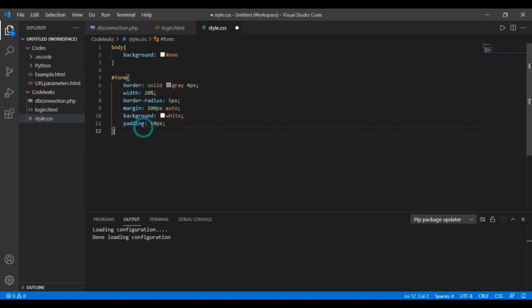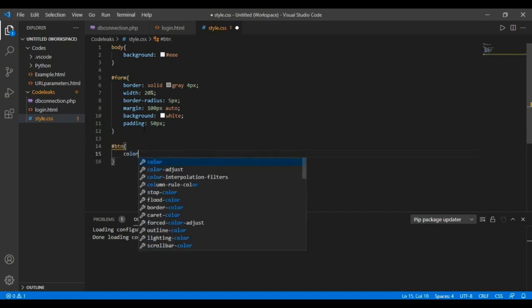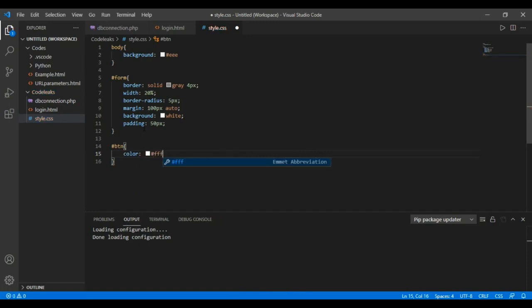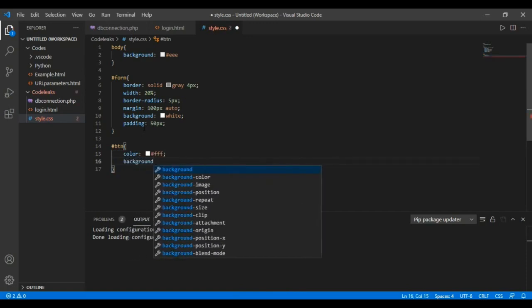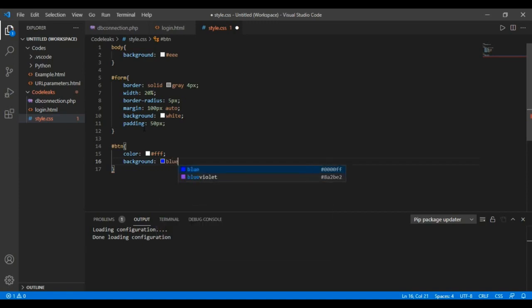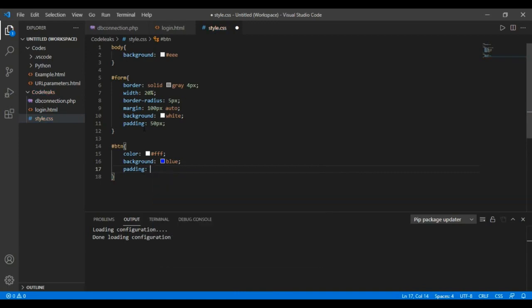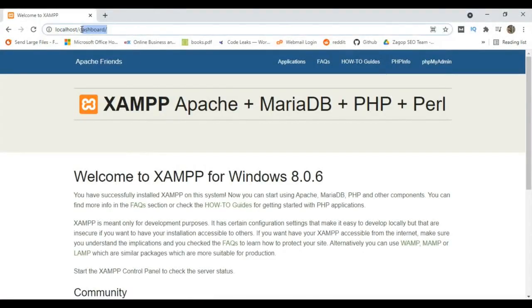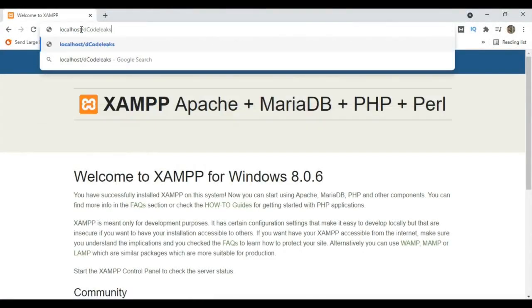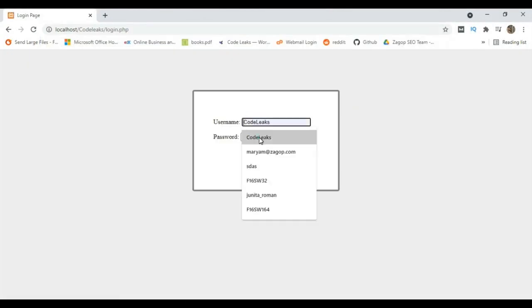Okay, now we have a button in our login form. So what I'm gonna do is I will be styling that button. The color will be white, and the background color of the button is blue. After that, padding is 10 points, and the margin I'm setting to left is 70%. That white color padding and margin is for the content inside the button. Okay, now save the CSS sheet and run the login form so that we can see the styling we have